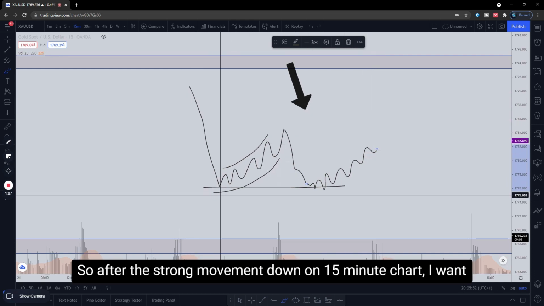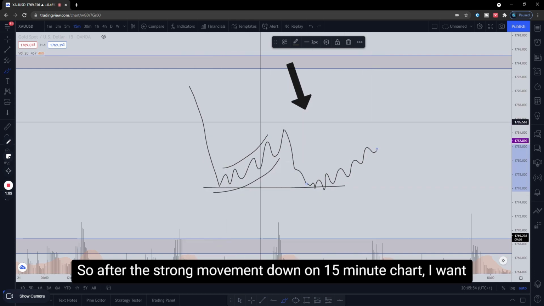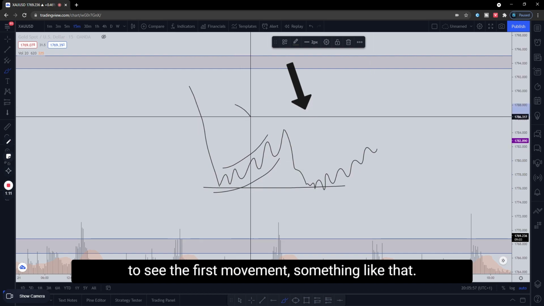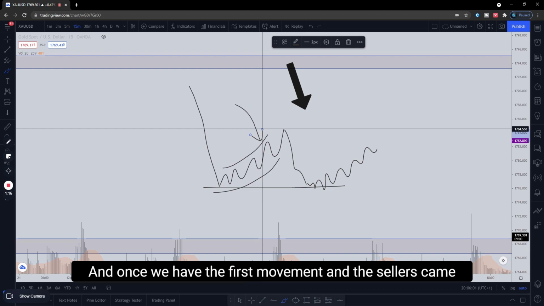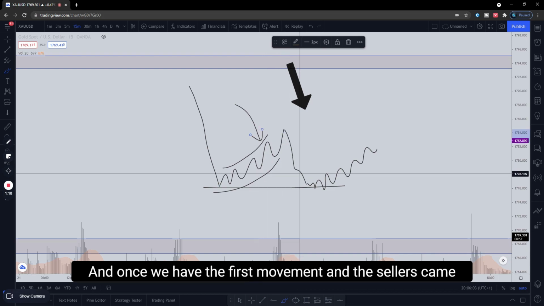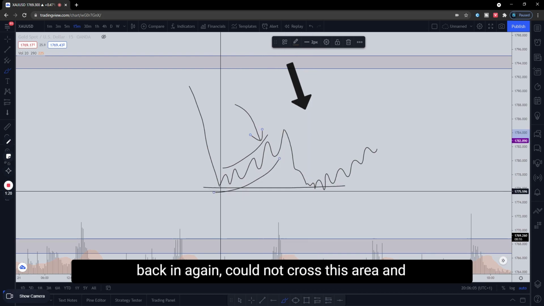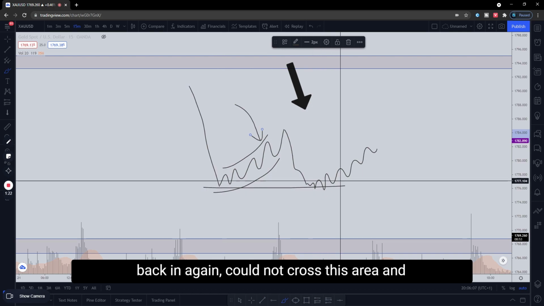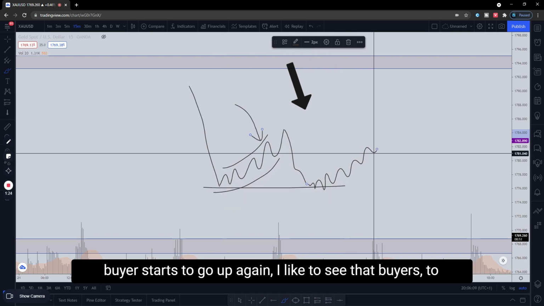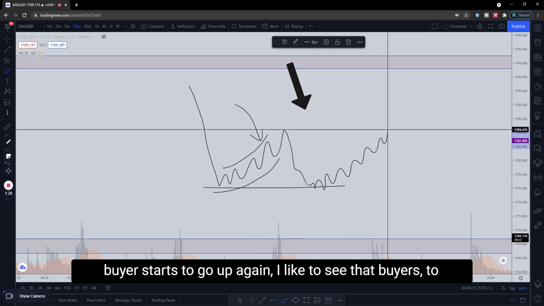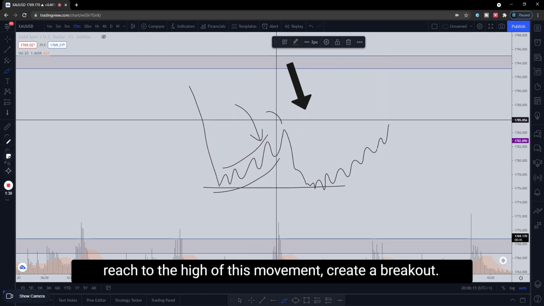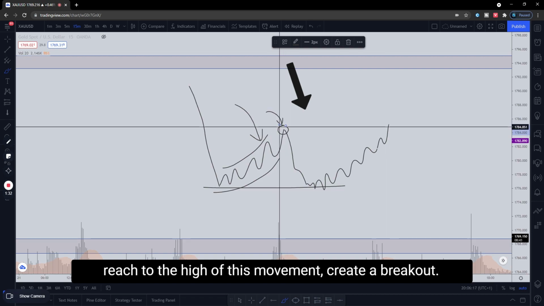So after the strong movement down on the 15-minute chart, I want to see the first movement something like that. And once we have the first movement and the sellers came back in again, could not cross this area, and buyers start to go up again, I like to see the buyers reach the high of this movement,